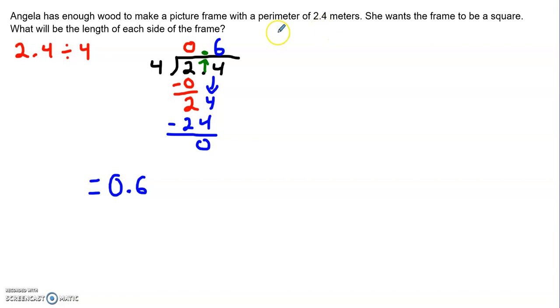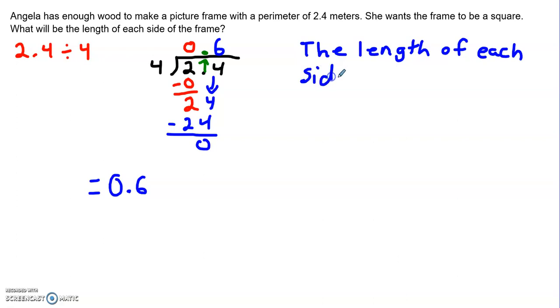Okay? So we also need to create a sentence. What kind of sentence can we create? So I look at the question again and it says the length of each side of the frame. So I can write: the length of each side is